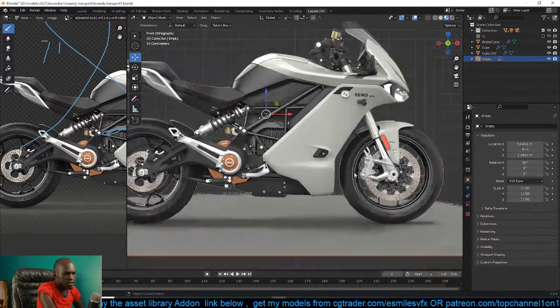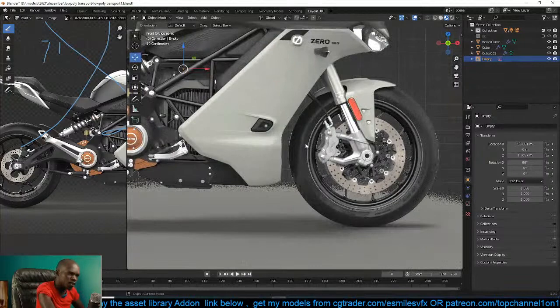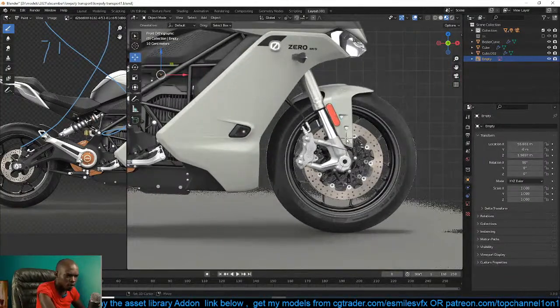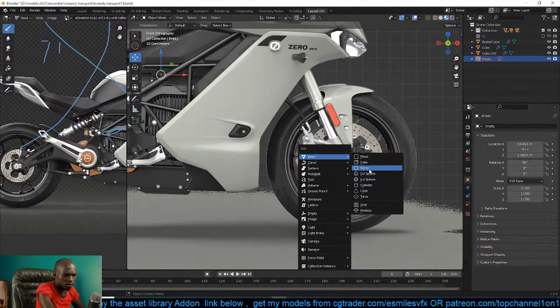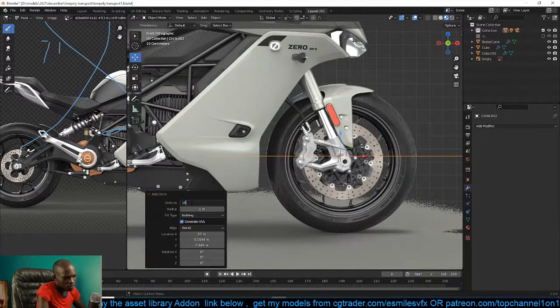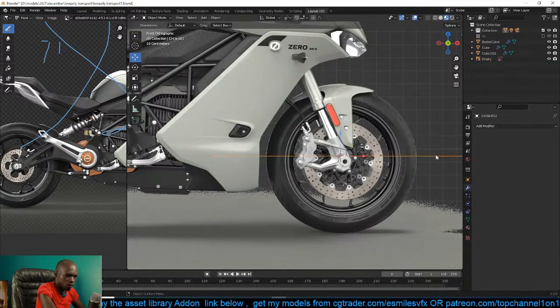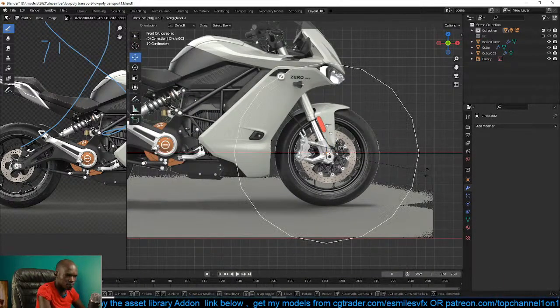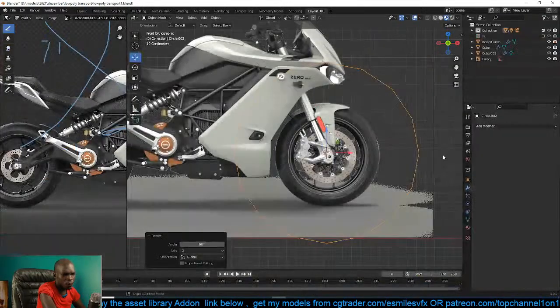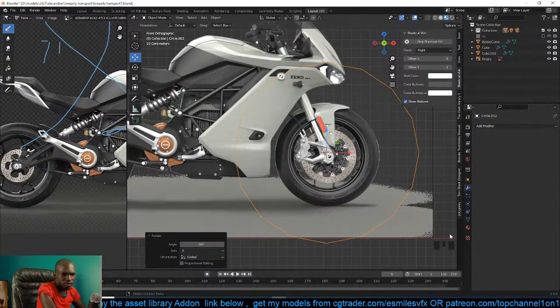Yeah, so let's get into this and see how we can make this low poly instead of a high poly. So I'm just going to start with a circle, and for low poly, let's go with 16 vertices. I will rotate this on the X, and I think we need to let me bring up my shortcuts